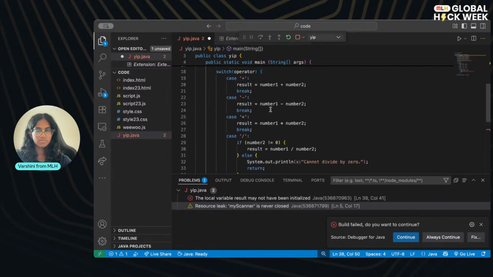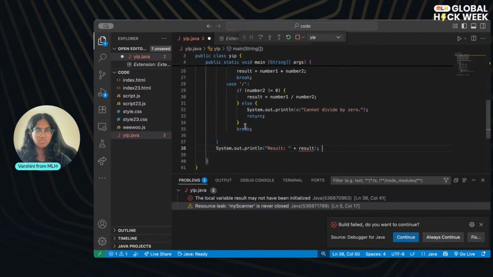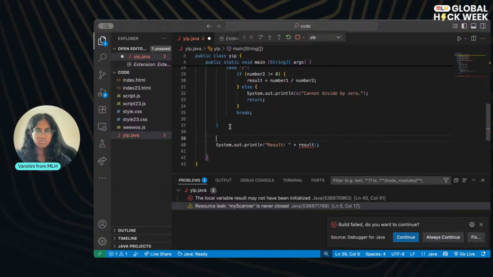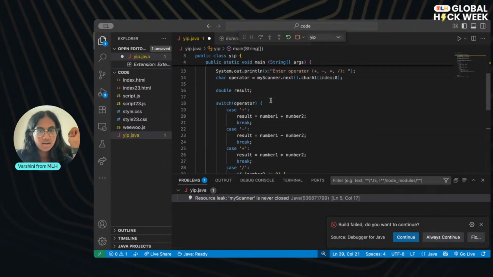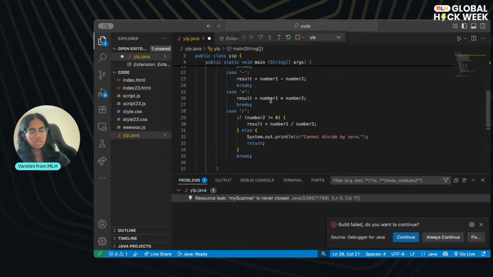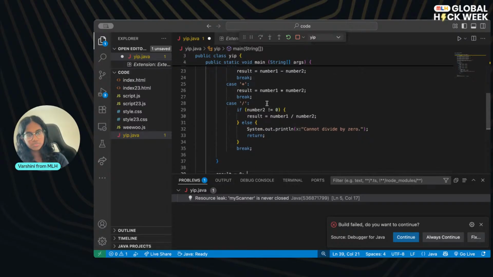Going on? Okay, I think it's because usually when you run the code like this, it wants you to have something just in case none of the cases work. So let me double check it and see what I can do.